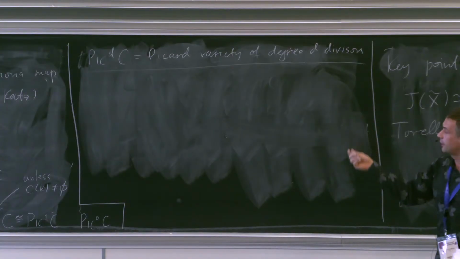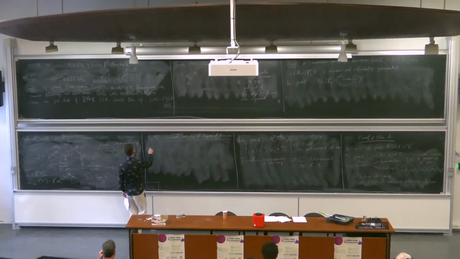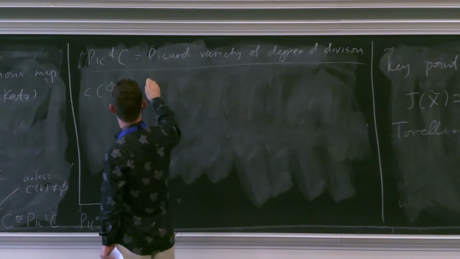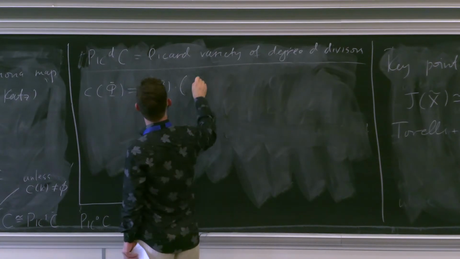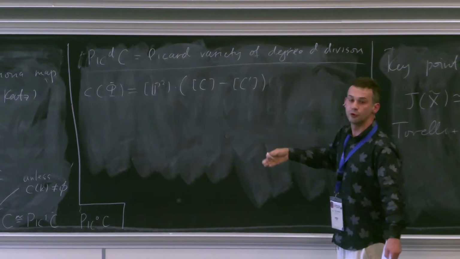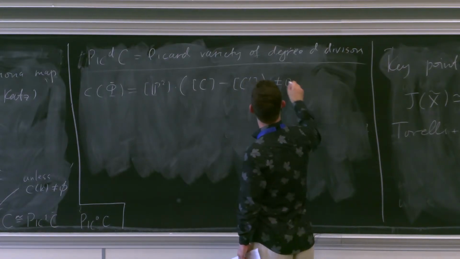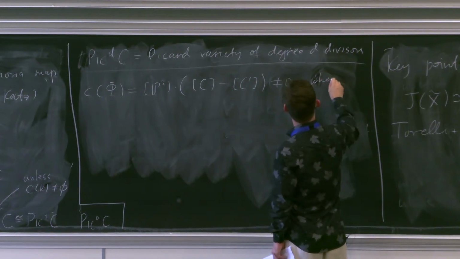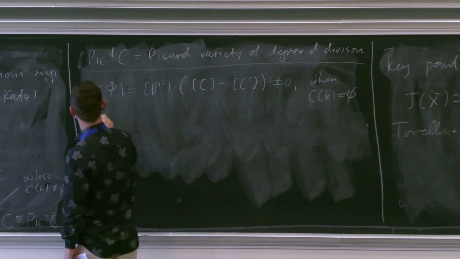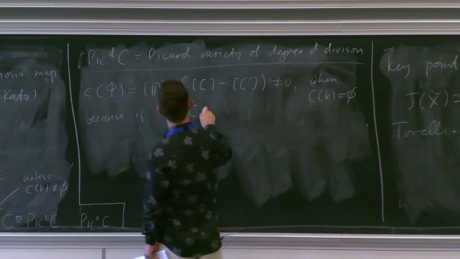So using this, one can finish the proof for P4 quite easily. You look at this map, and now we compute that K of phi is P2 times the curve we've blown up minus the curve we have contracted. And I want to argue it's non-zero in our situation. So, okay, I won't say it's non-zero when there are no rational points, because, I want to explain why